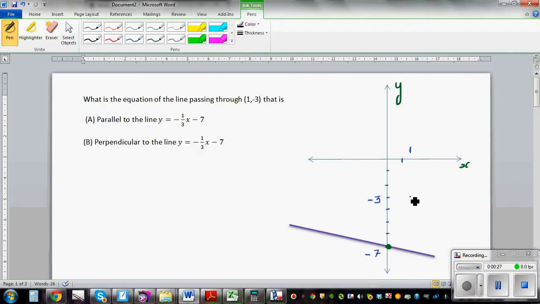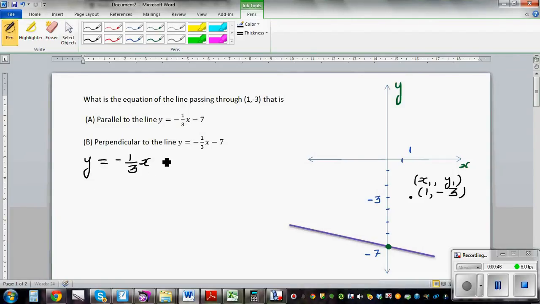It is this point. So this is (1, -3). This is, say, x1 and this is y1. The first thing is always label the points. And when you have an equation of a line, y = -1/3x - 7,